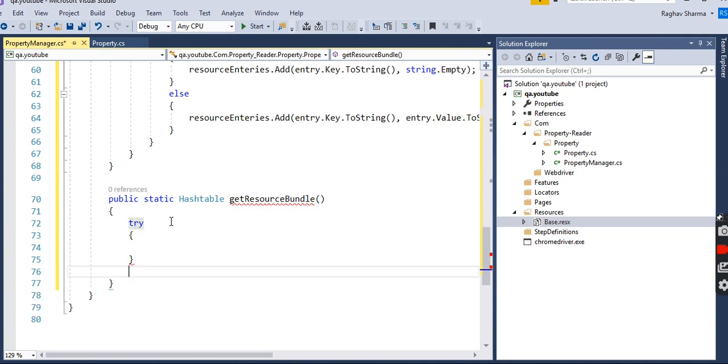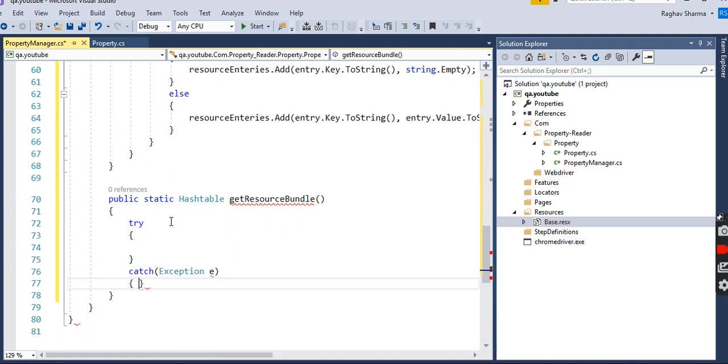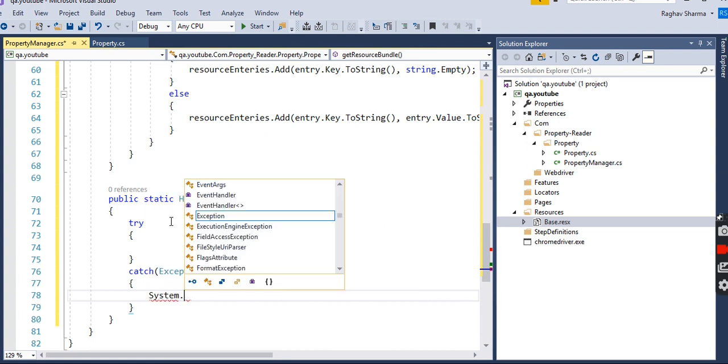First try, catch exception, and system dot